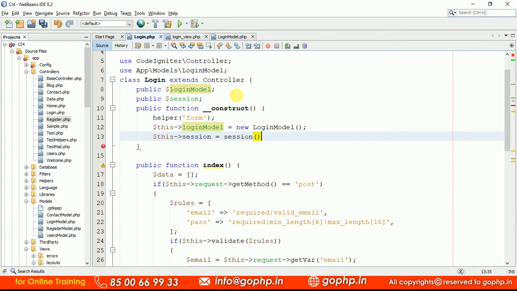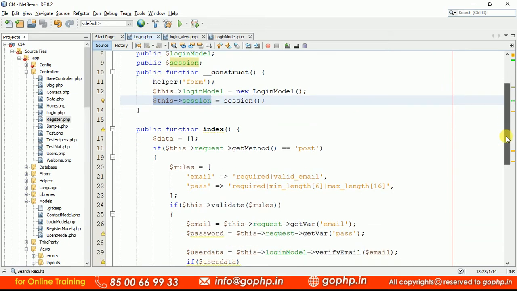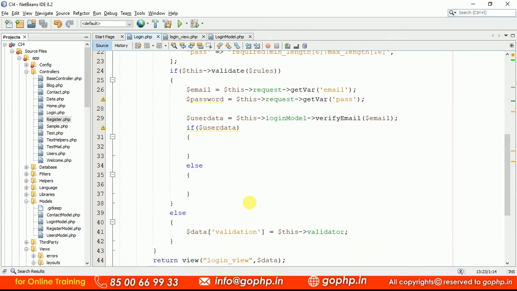We can write like this also. In the early login registration form, we loaded the session service, but it's not required. We can load the helper method like this also. Both are equal. You can use any one. Once the session is ready, or else you can directly access it also. We don't want to load the session on top of the constructor. You can directly call the session here, guys, no problem.